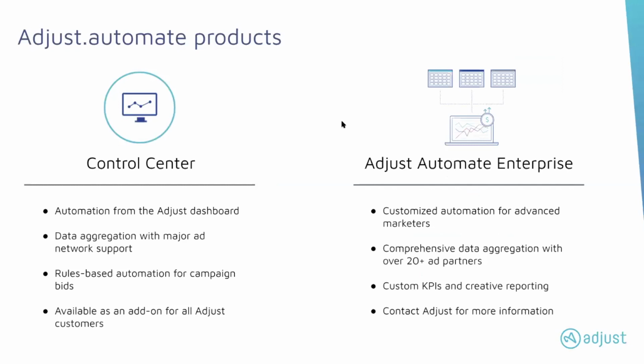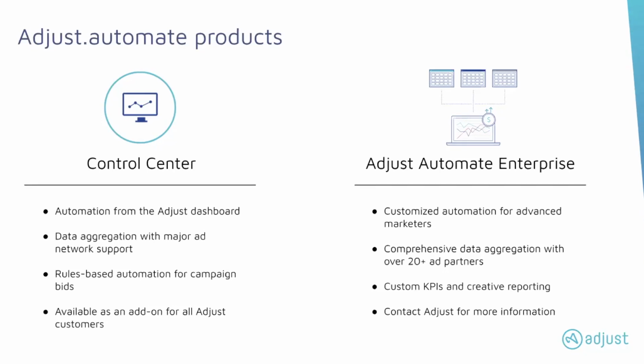And if we look at Automate products, we have two offerings here, which are really different. One of them is Control Center, and Control Center is really an out of the box actionable pivot table where advertisers can change bids and budgets, apply conditional automation using a rule engine, and also use metrics directly available within Adjust, so they can do essential automation and basically apply it to any data that is available within attribution itself.